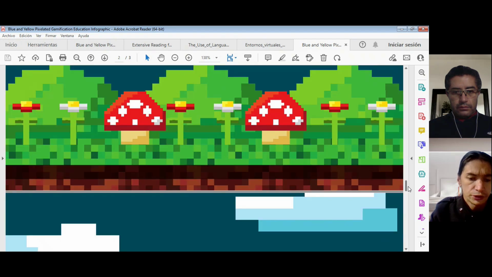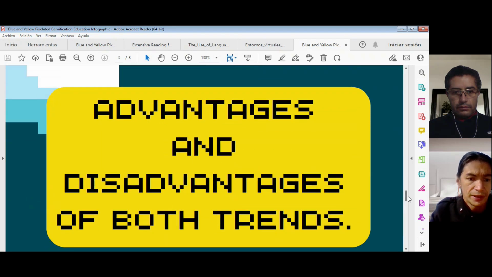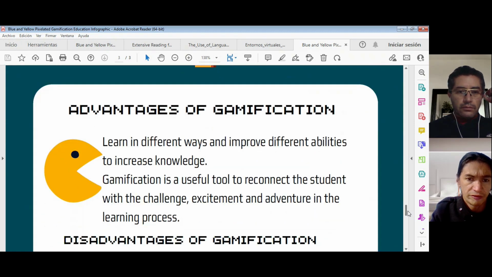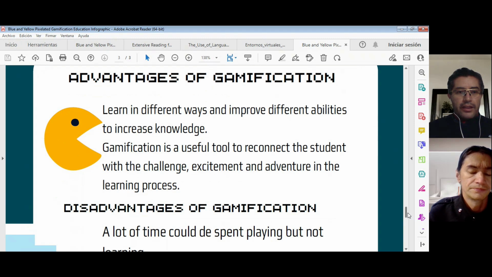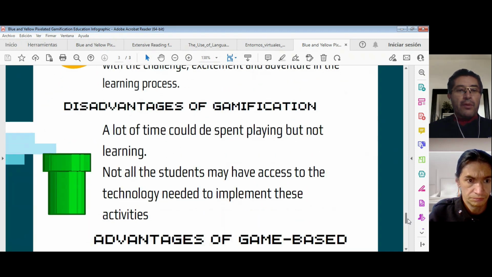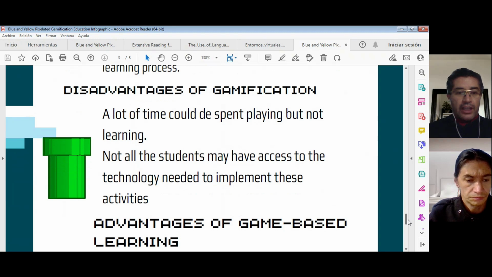Finally, we are going to talk about the advantages and disadvantages of both trends. We are going to start with the advantages of gamification. Advantages in learning different ways and improving different abilities. To create knowledge, gamification is a useful tool to reconnect the students with challenge, experiment, and adventure in the learning process. Additionally, gamification in the classroom provides benefits such as the student assuming control over his own learning process,